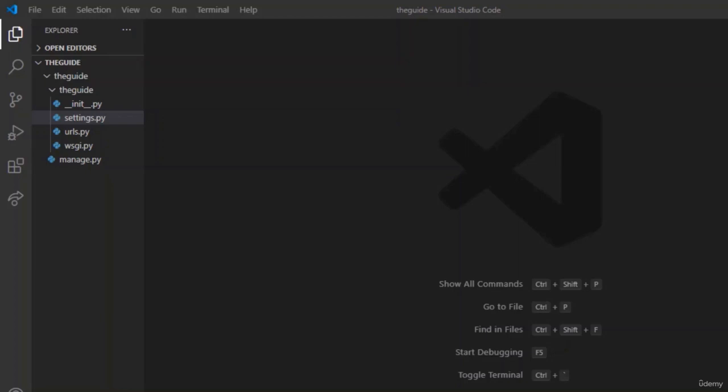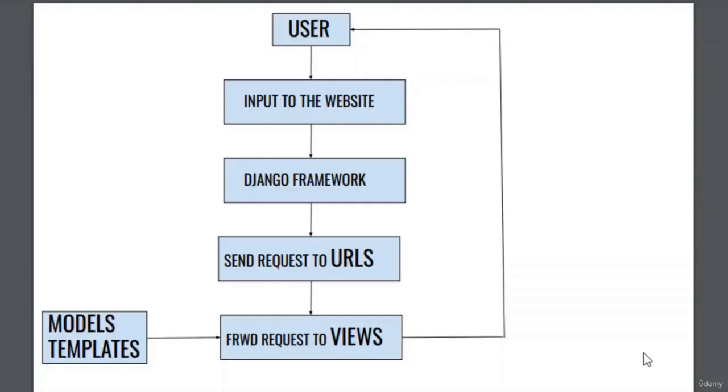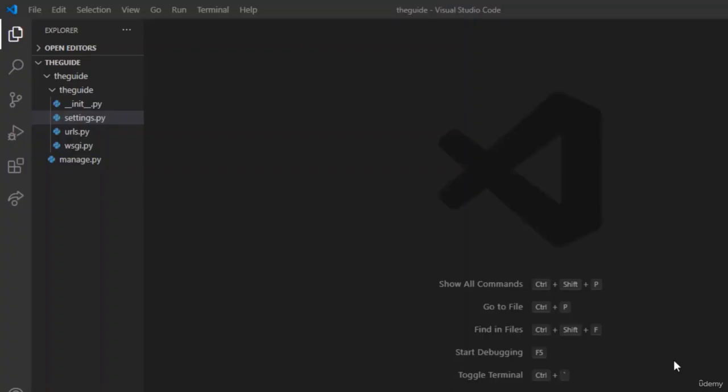Now that we understood the backend process and the files required for creating a Django project, let us add the files which are missing. As you can see, we need URLs, views, models and templates. Models are not needed as of now because we are not dealing with any databases. So let us see only URLs, views and templates. As we have URLs, let us create the templates and views.py files. To create views.py, create a new file and write it as